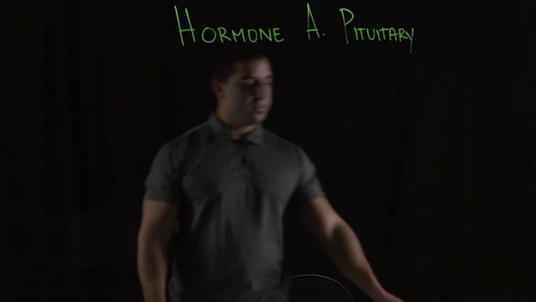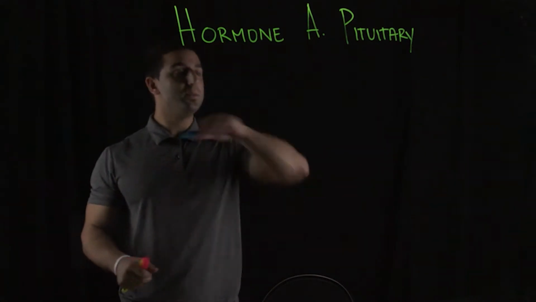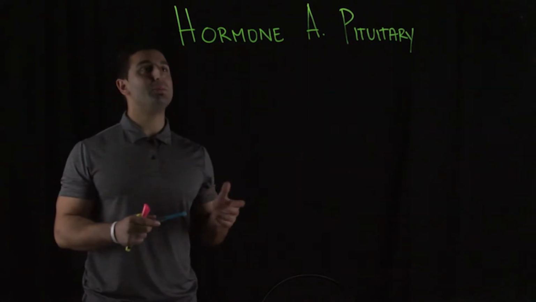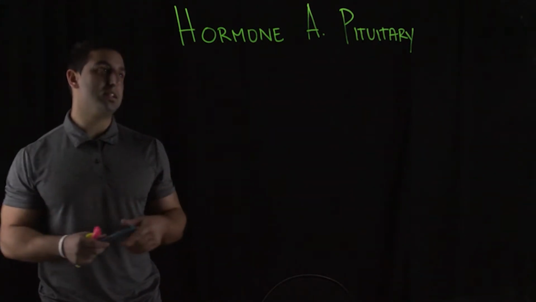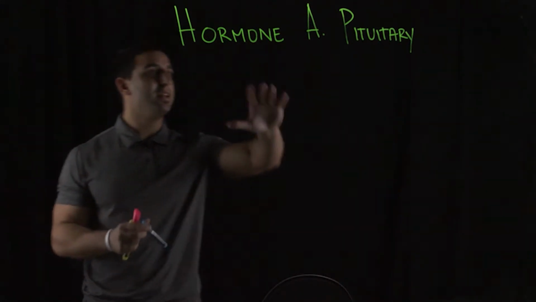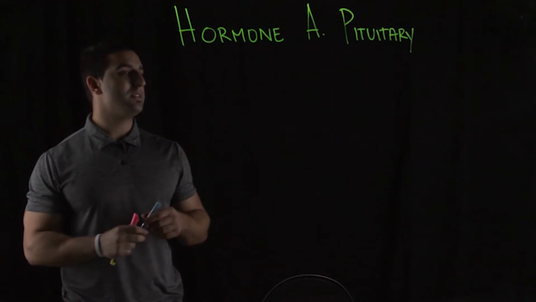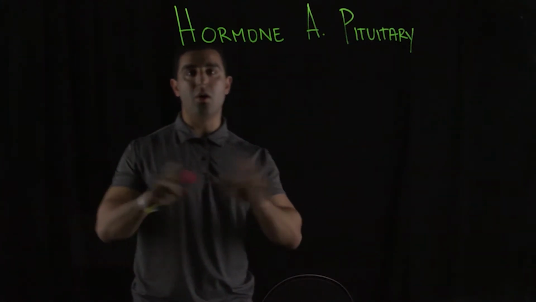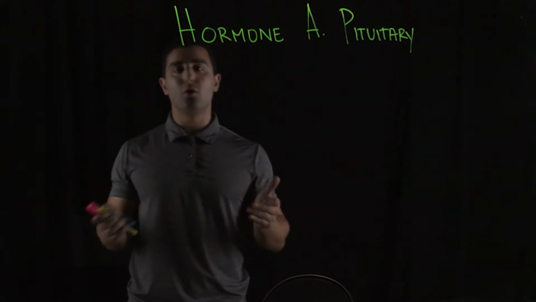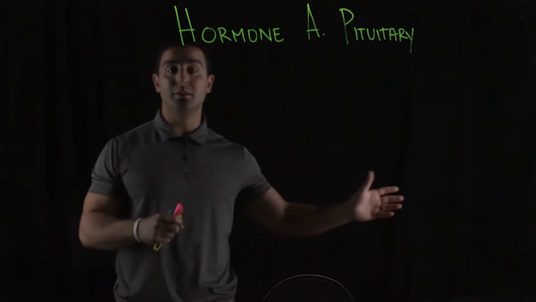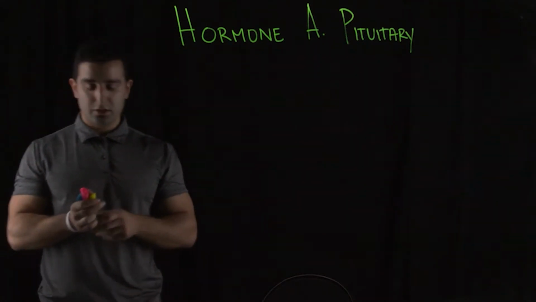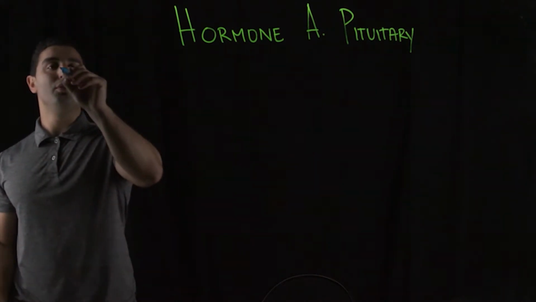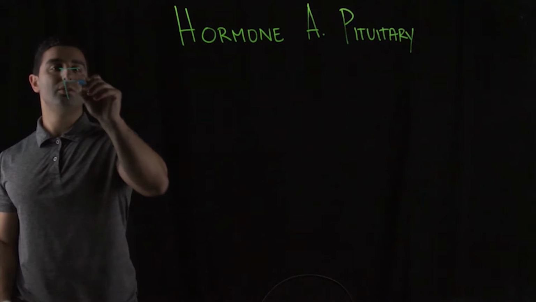Hormones of the anterior pituitary system. So my favorite acronym to use to remember all of the hormones of the anterior pituitary system. Another name for the anterior pituitary system, you'll see, is the master gland. This is responsible for generating all of the specific hormonal responses that are generated throughout the body in the endocrine system. So the best way to remember this,